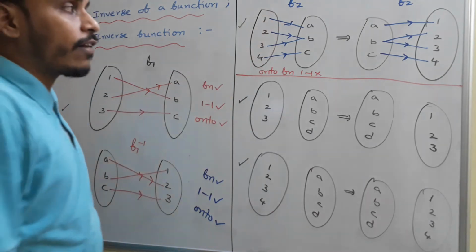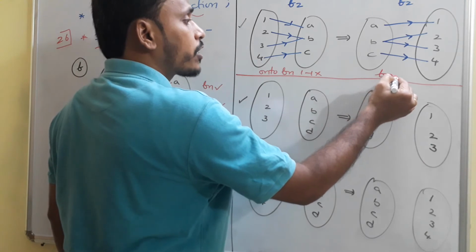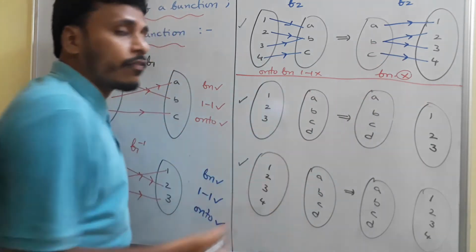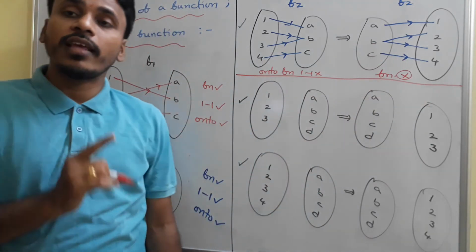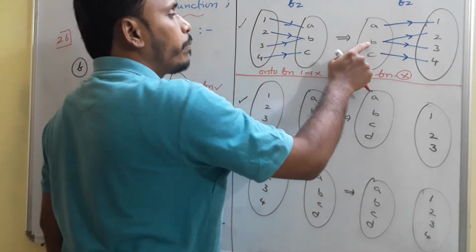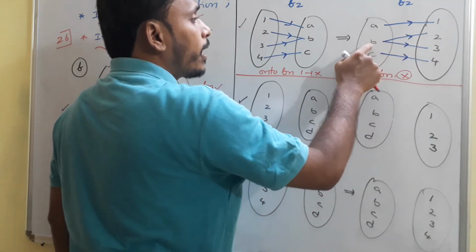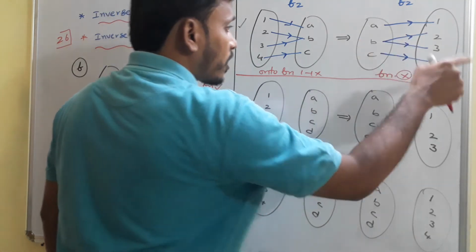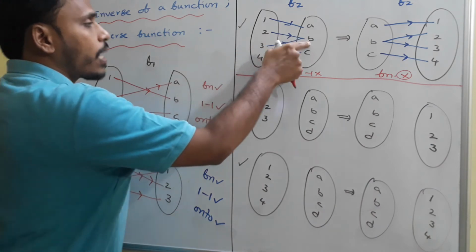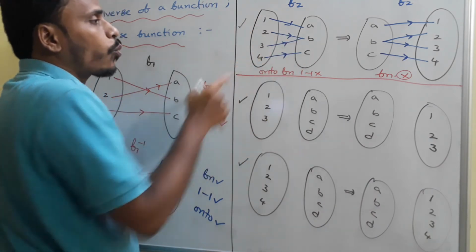Then you just look at that f2 inverse. This f2 inverse is not a function. Why is it not a function? As per the definition, every element has a unique image in the second set, but this element b has 2 images. Why does it happen? This element b has 2 images just because these 2 elements have the same image. Why do these 2 elements have the same image? Because this is not 1-1.